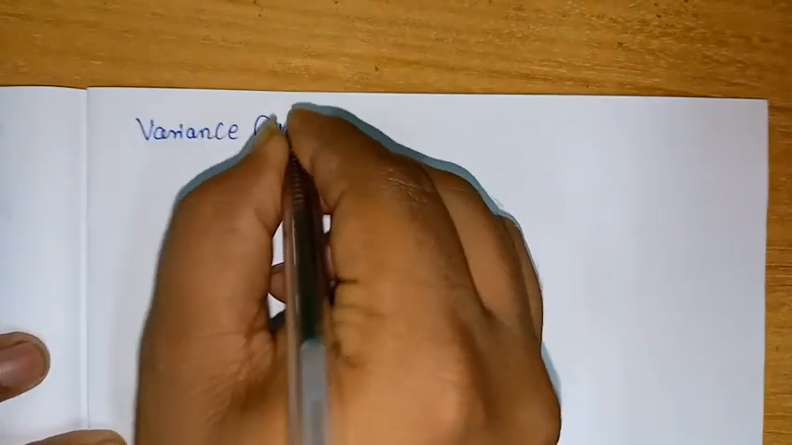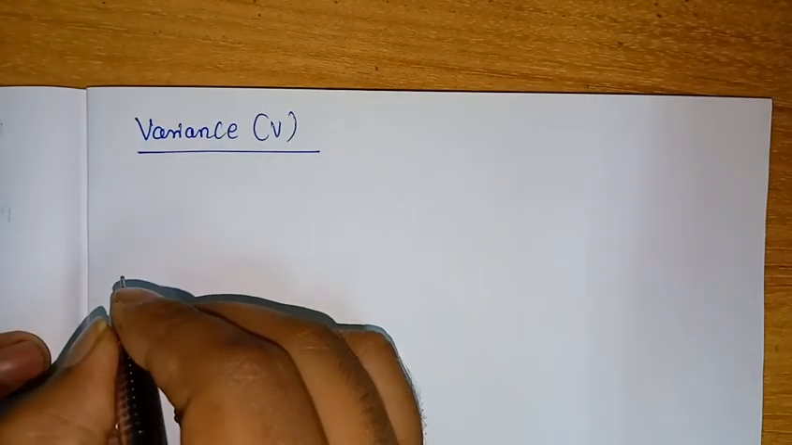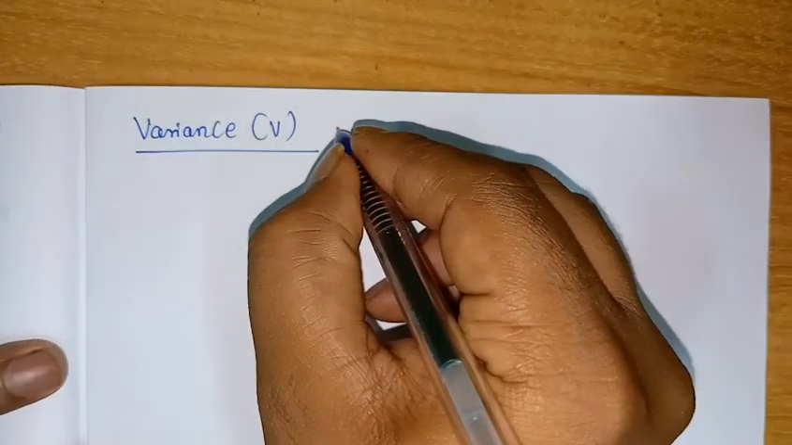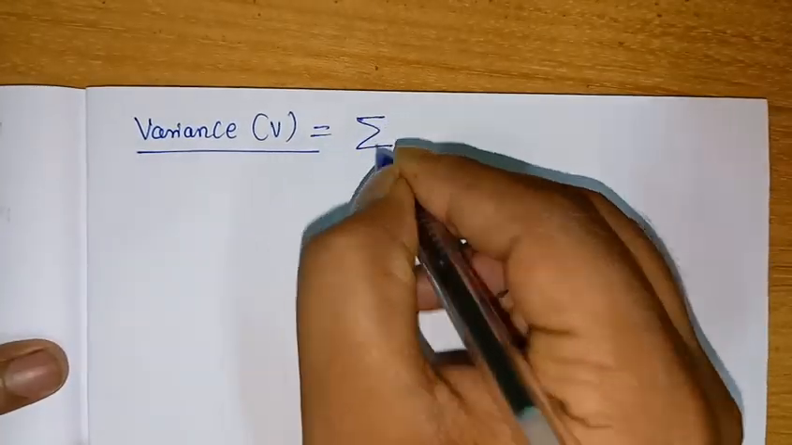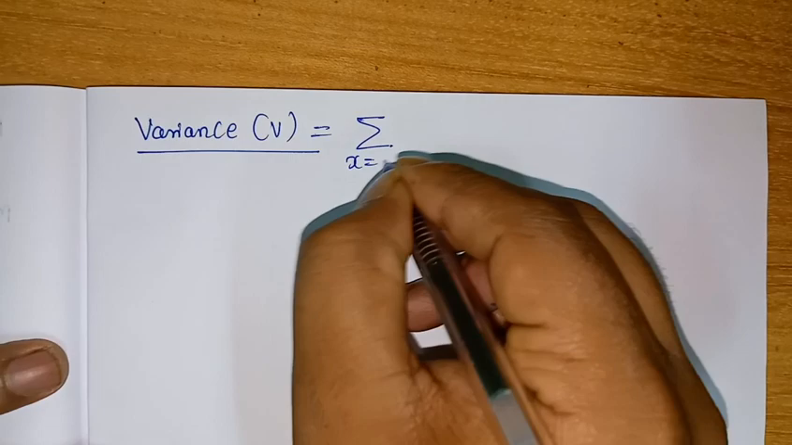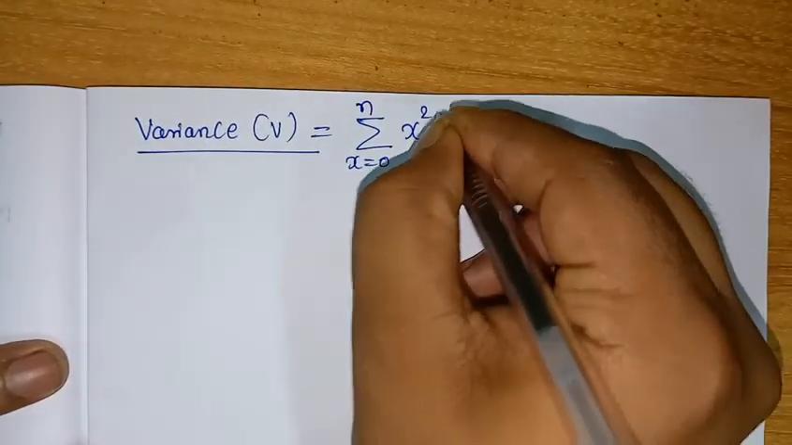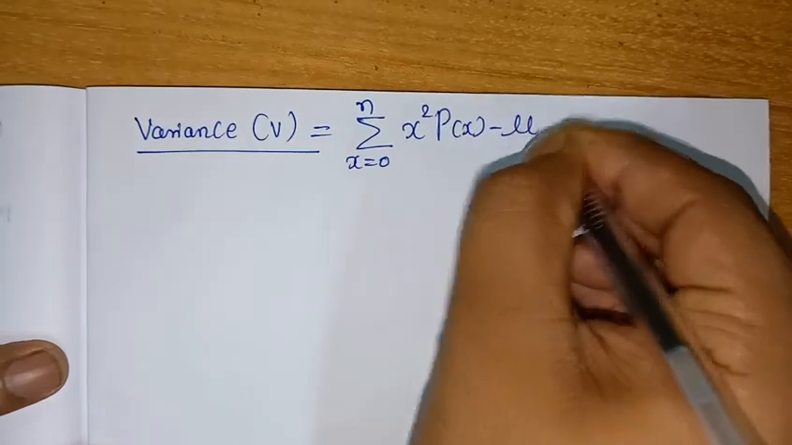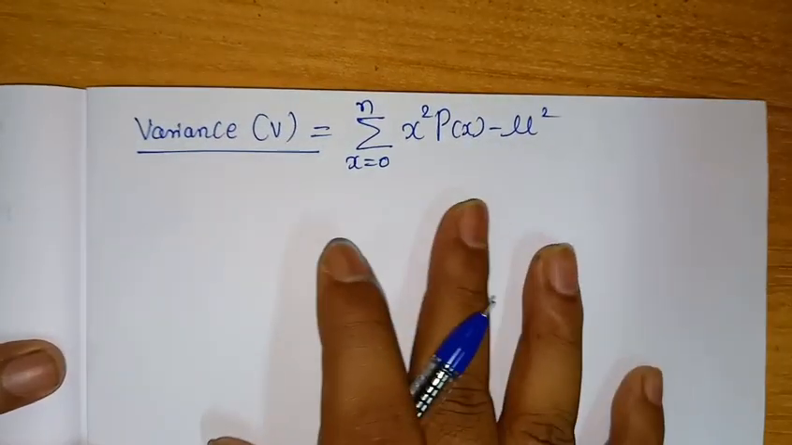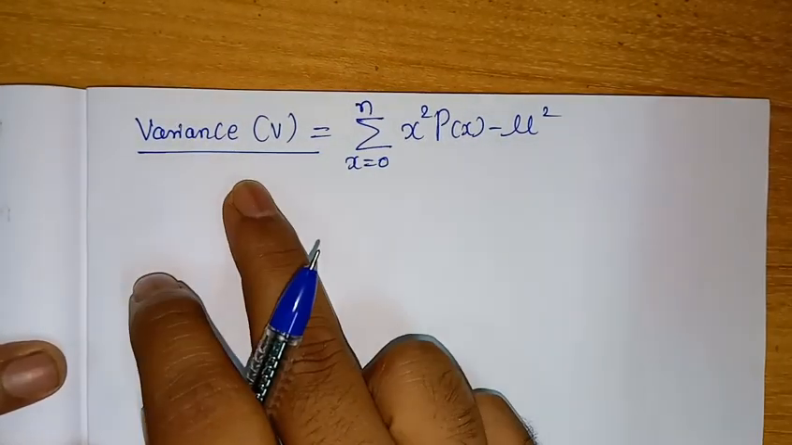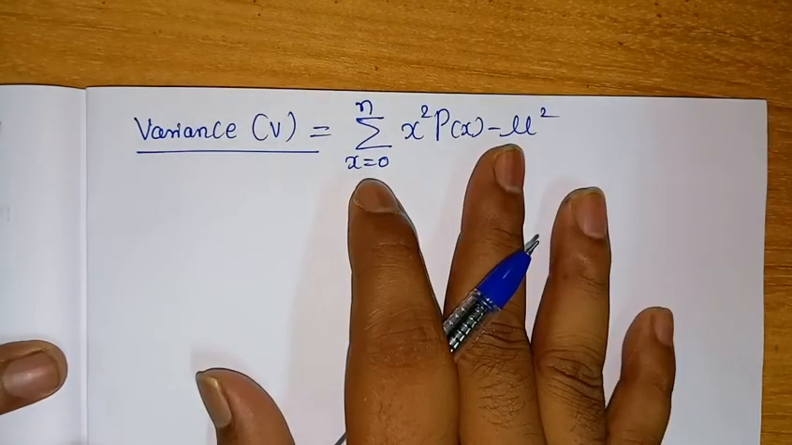Variance is usually denoted by V. Variance of the binomial distribution. So we know the formula. What is the formula? Summation x equal to 0 to n of x squared p of x minus mu squared. This is the variance. We have an alternate formula for variance also, but that is not needed because here we are